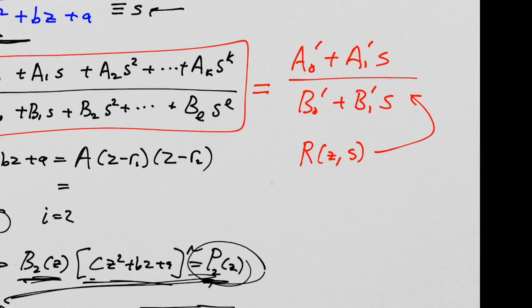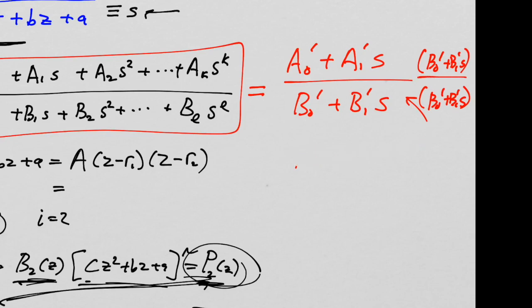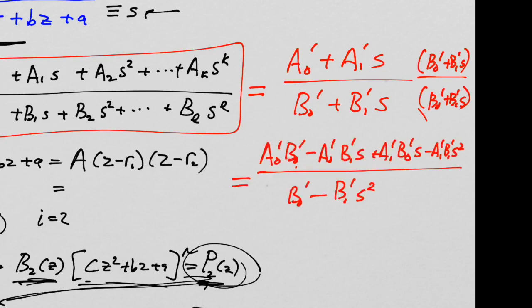So now take this object and multiply the top and bottom by B0 prime plus B1 prime S. So we multiply it by 1 basically. And what do you get? Well, you get something that looks like this. The simple expansion of this will give you a constant term, 2 terms that are linear in S, and 1 term that's in S squared. But of course, that S squared is just another polynomial,